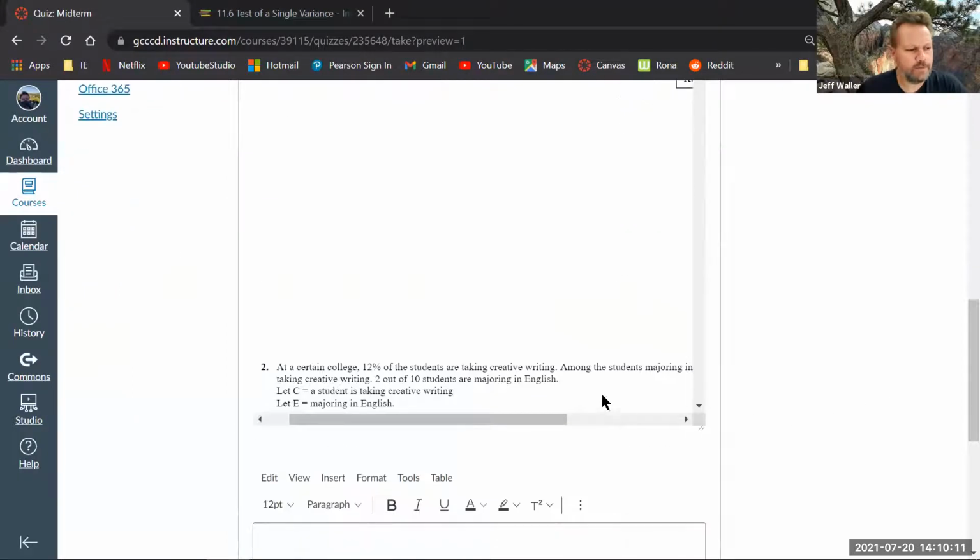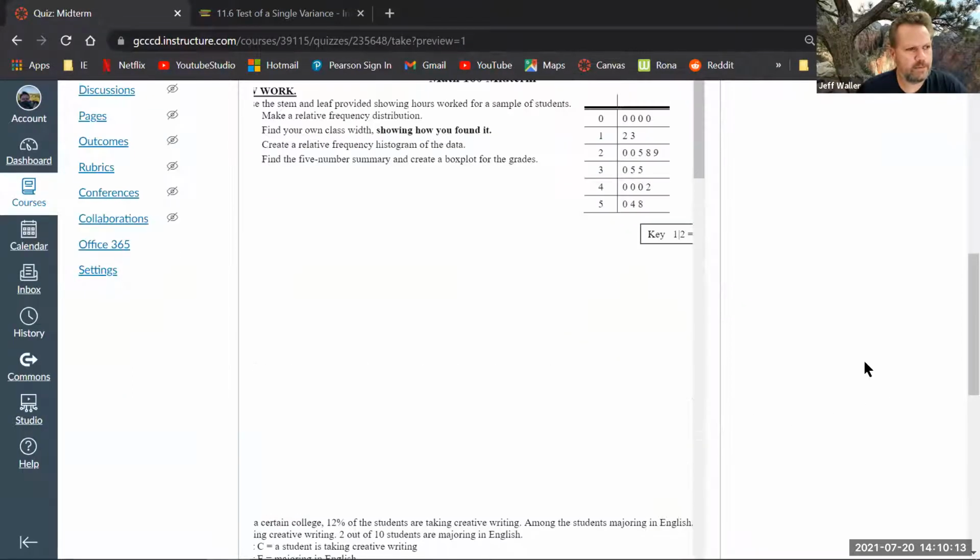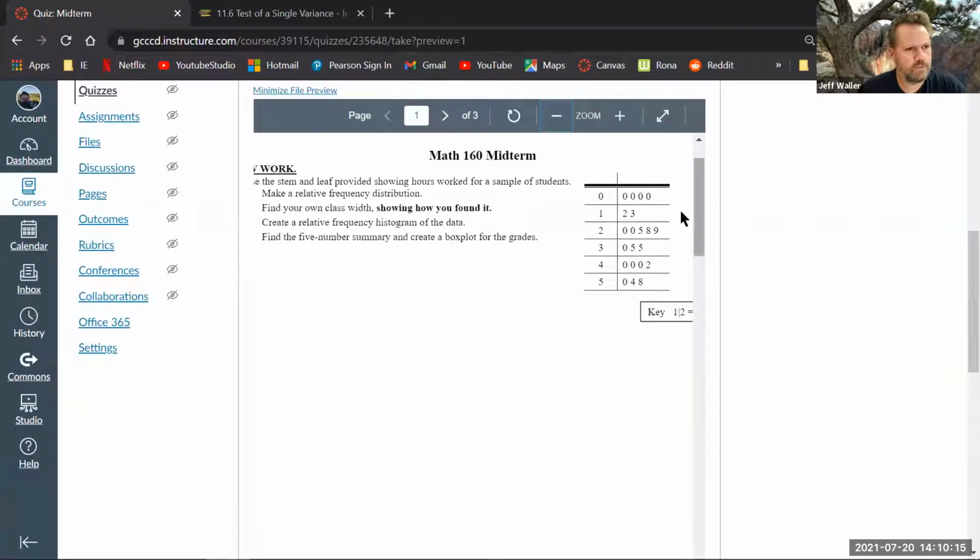I think there were one or two people that got confused. Actually, there were like seven people that left all the zeros out. That's evil. Don't these represent people? And you're leaving them out. Those are valid data points. I don't care if you don't like the zeros, they have to be included. What does that mean about these people? They just don't work, or they didn't have hours for a long time. I don't know.